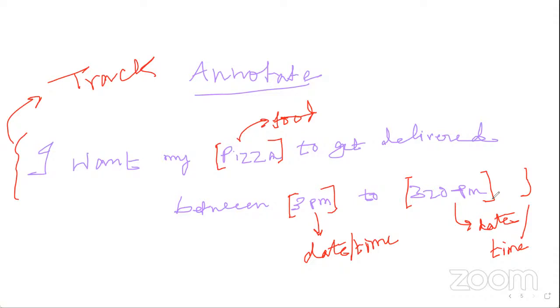Okay, what response has to be given, that we call the action. So if it has to give an action, let's say, your order will be delivered in the mentioned time period, 3 p.m. to 3:20 p.m. So this action is somehow previous to ChatGPT. This sort of actions were very much constrained, and not only previous to ChatGPT, even now as well. We try to keep these actions in the control of the business.